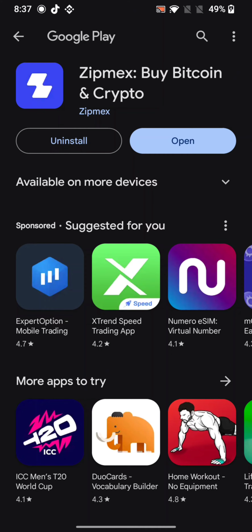Here, as you can see, there is no update available in my case, so I won't be able to update my application. But if updates are available in your case, simply tap on the update option to update your application, and that is how you will be able to update your Zipmex application on your Android device quickly and easily,